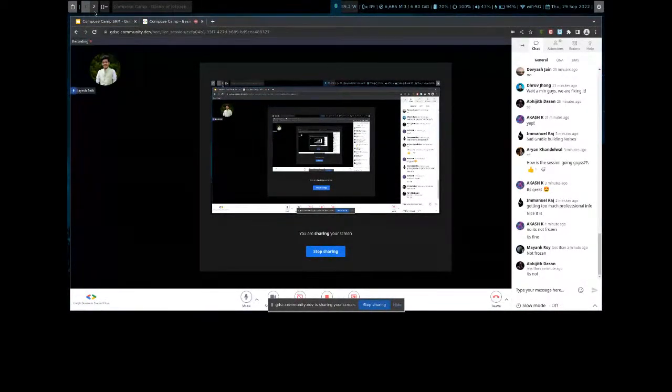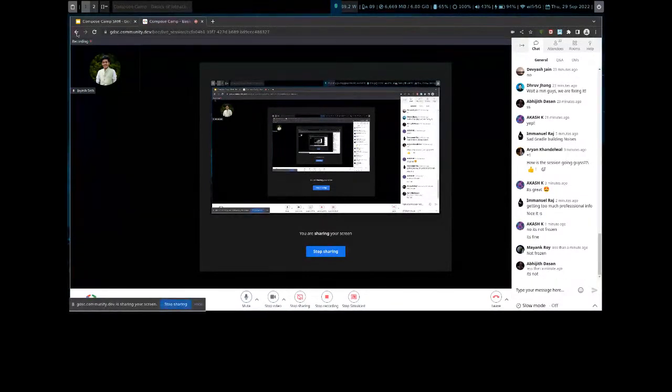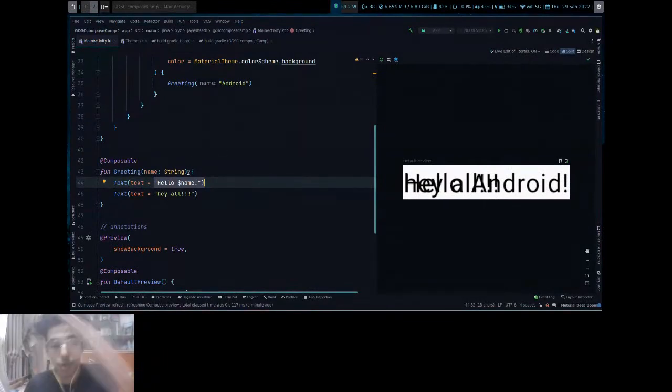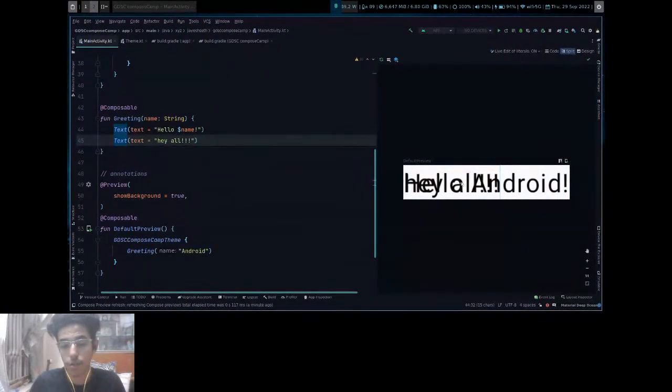So you can see, right? Here there are two composables, so that's why they are overlapping. If you look closely, Android Studio will show you which one is being highlighted. So two composables are being overlapped.